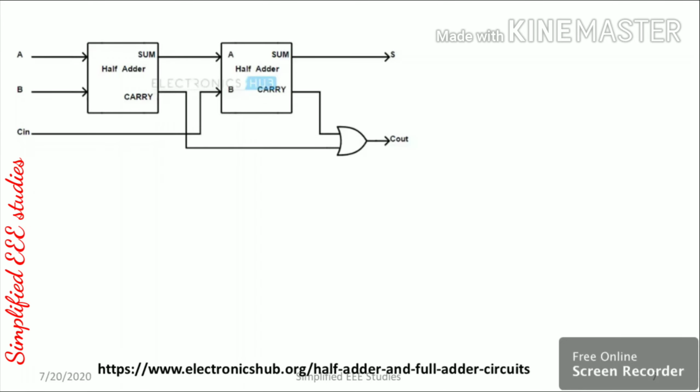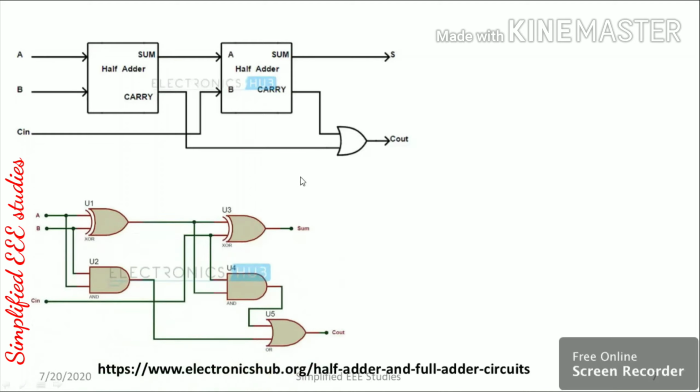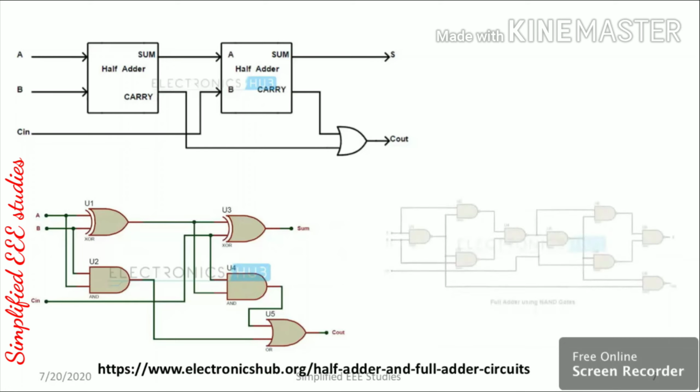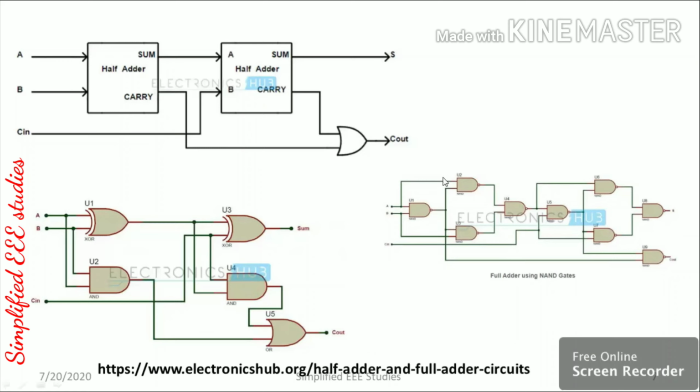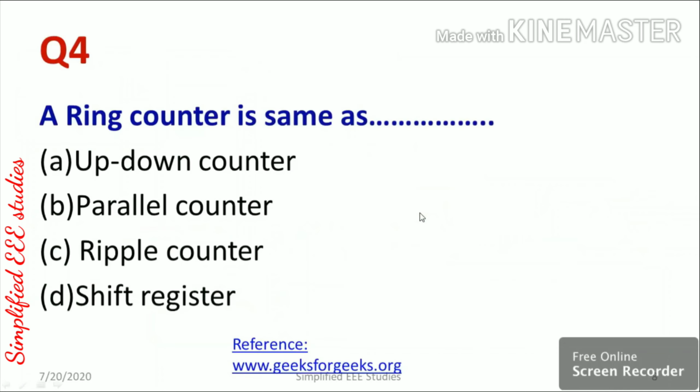As you can observe, this is a block diagram of full adder. That means the combination of two half adders plus one OR gate. This forms the full adder. So you can form the full adder by using this combination. Or else you can make it with the help of NAND gate also. These are the different feasibilities. We require 9 NAND gates to form full adder.